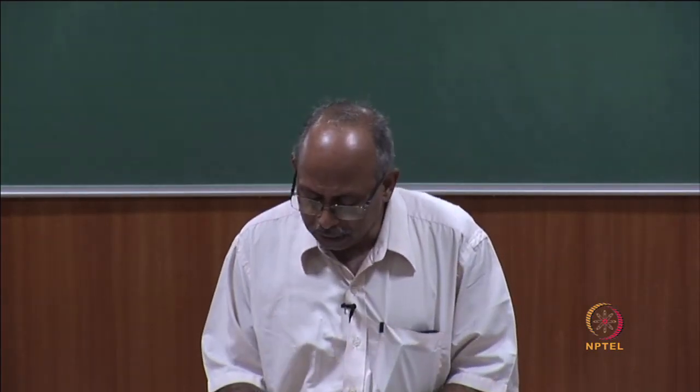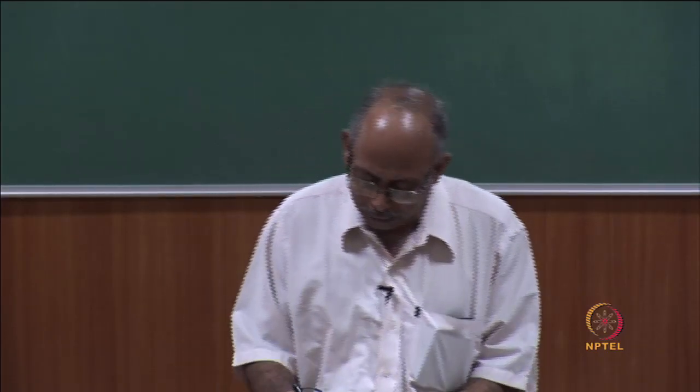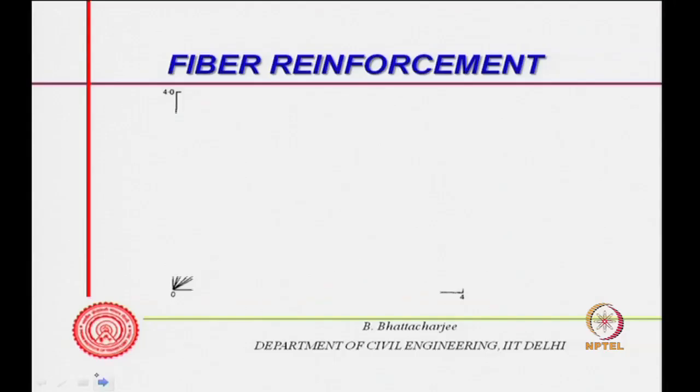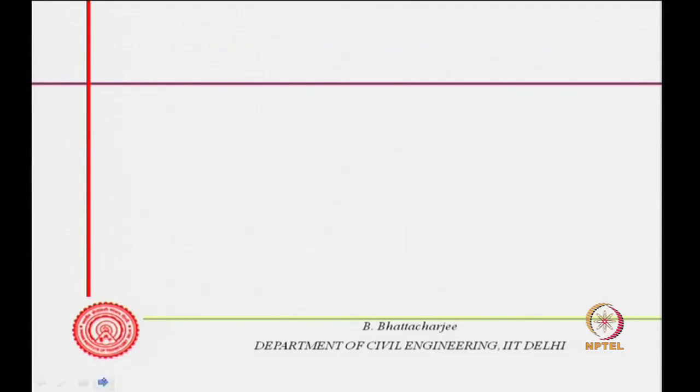But the mix proportion of this one is different. You just can't make a normal strength concrete mix and put the fibers in; you will have all kinds of trouble. We will look at that. Now, the types of fiber you can get: varieties of fibers, for example, S glass, E glass, types of glass, alkali resistant glass. Kevlar 49 is a branded product, aramid actually. Then carbon high strength, boron, carbon high modulus, lower strength. There can be varieties of fiber used in concrete reinforcement, other than of course steel, polypropylene,